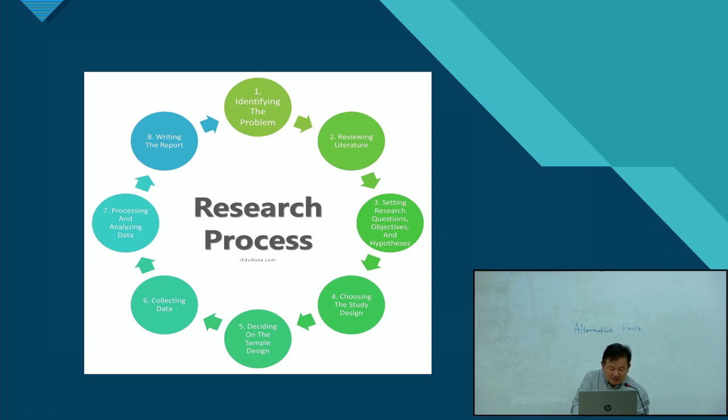The next research process is collecting data. It means if you fix the questionnaires, then you decide, in front of the USC campus, 100 questionnaires, and another method is to make 100 questionnaires at USC, something like that. This is for collecting data. And the next step is processing and analyzing data.